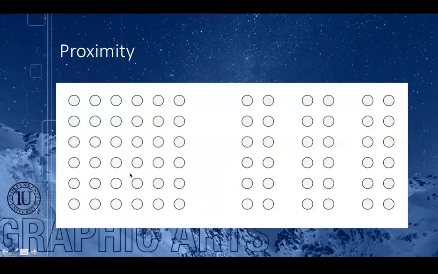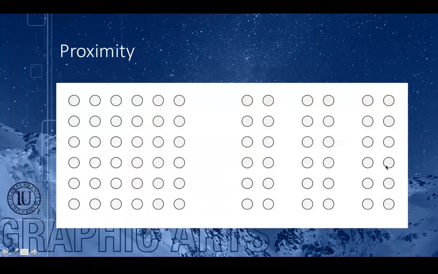There's order to it in that they're all equally spaced. But by putting these circles into columns and by grouping them together, there seems to be an order now. There seems to be like, this group of things belong together, these group of things belong together, and these group